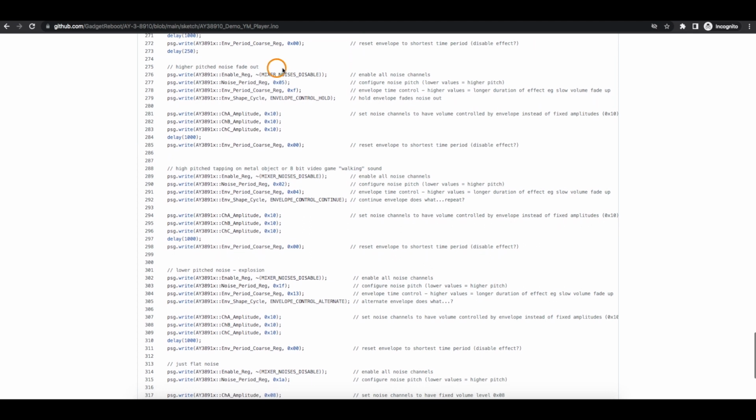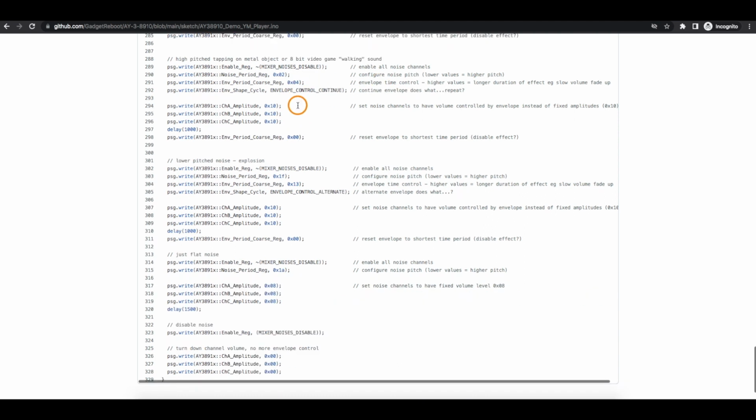So then I set the noise to have a higher pitch, and I want it to fade out in volume. So I set up a different type of envelope. I don't really understand what all these envelope words mean, so I just put in notes what seems to have happened. So this configuration here made the noise at a higher pitch fade out instead of fade in with volume. Then I set this continue envelope with a certain noise pitch, and it kind of kept repeating like